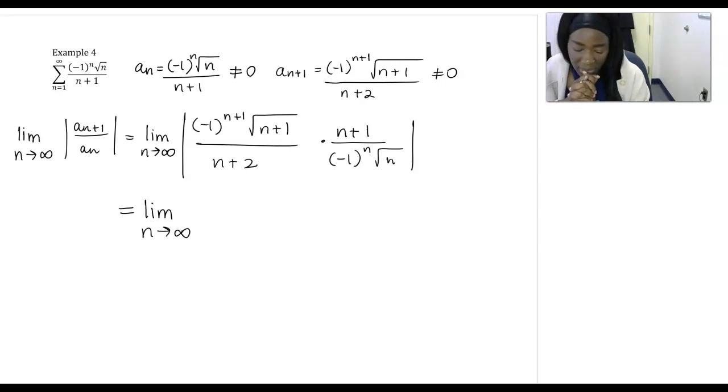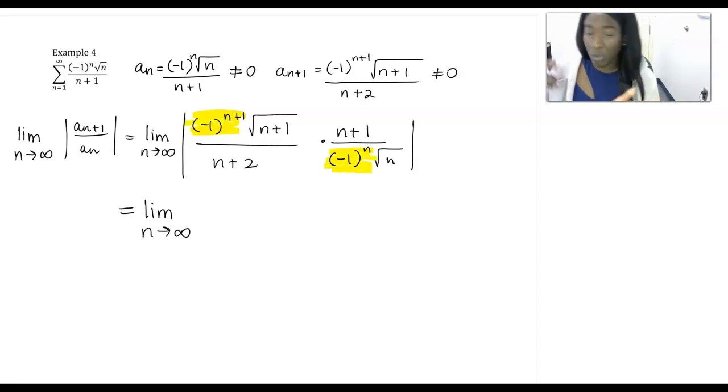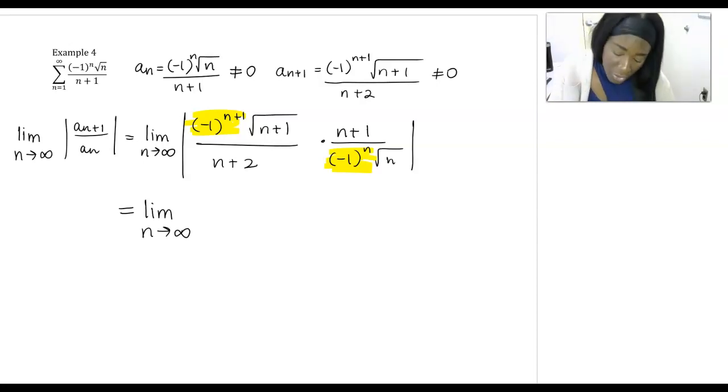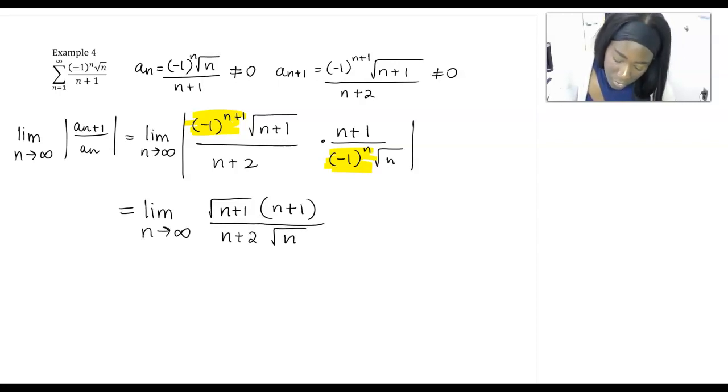So with the negative 1 to the n plus 1 and the negative 1 to the n, those two pieces are either going to equal 1 or they're going to equal negative 1. And they're on the inside of an absolute value. So even if they're negative 1, they will become a positive 1. So those pieces are not going to change the absolute value on the inside because they're either positive 1 or negative 1. So now I can drop the absolute value and realize I'm just left with the square root of n plus 1 multiplied by n plus 1, divided by n plus 2 multiplied by the square